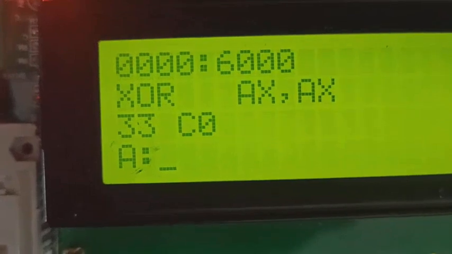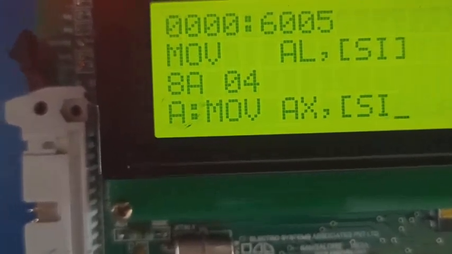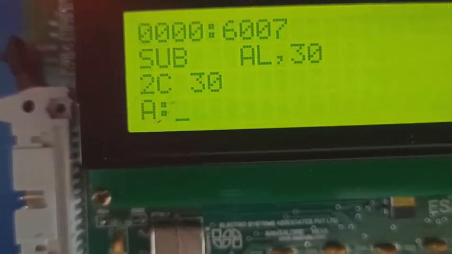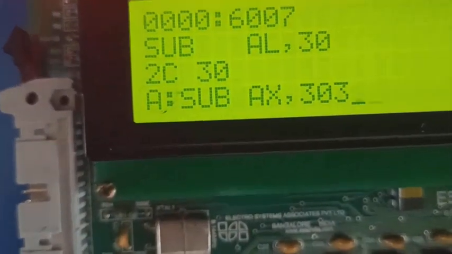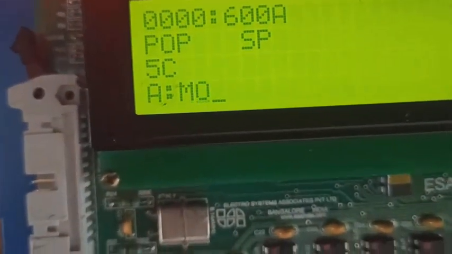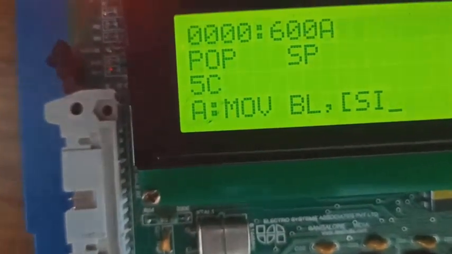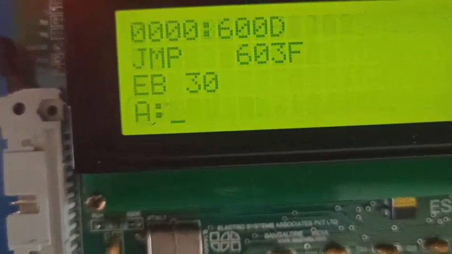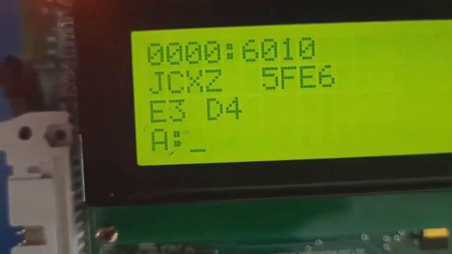Starting at 6000: XOR AX, AX, MOV SI, 2000. Now here I need to write MOV AX, [SI], and here I should write SUB AX, 3030. After that MOV BL, [SI+02], enter, SUB BL, 30, enter.